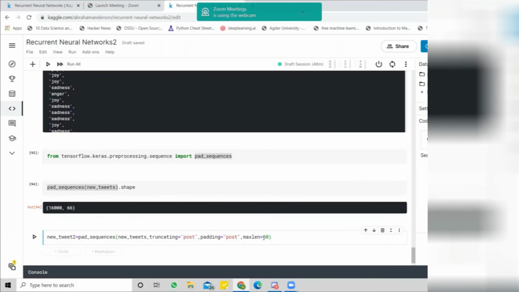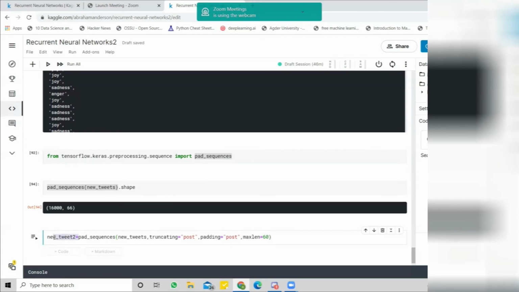So I will say please cut if the tweet is longer than 60 words. I don't need that. There are only two tweets, so I don't want these two tweets to affect my machine learning algorithm so much. Therefore, I am designing a limit for the length of the tweet, or the length in words of the tweet, we can say.